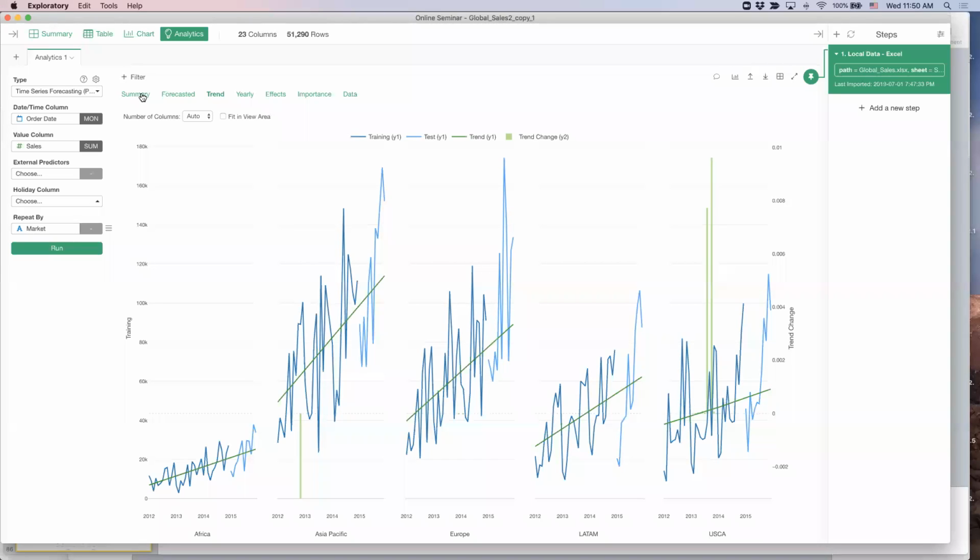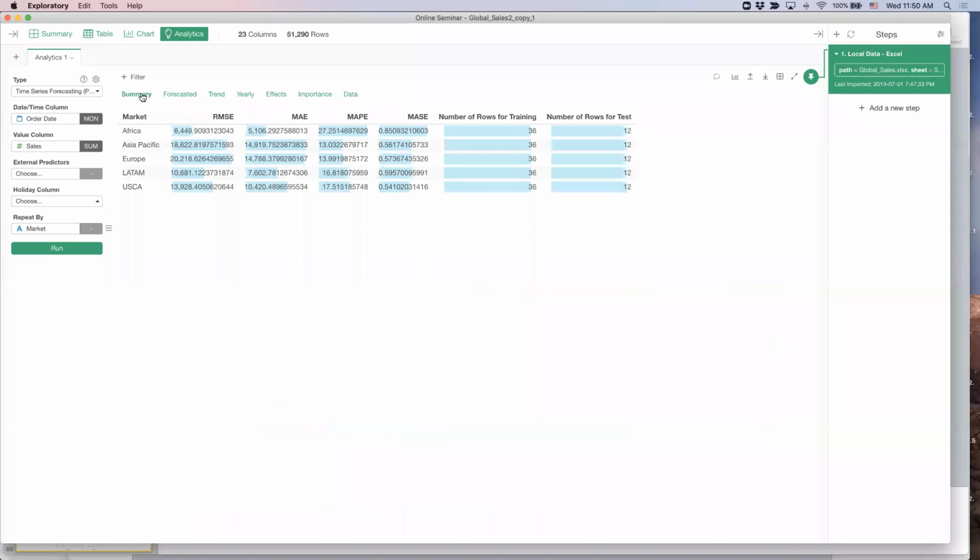One question I didn't answer yet is which market is easier to forecast, or where the model is fitting better. So now, for each market, when you do the repeat buy, behind the scenes there are 5 forecasting models built. And each model has its own metrics, right? Let's focus on the RMSE, where smaller is better. Looking at this number, Africa is the smallest, at 6,449, and the biggest is